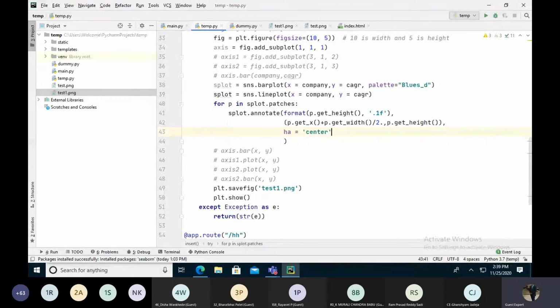This will set the horizontal and vertical centers for the value that we are displaying.